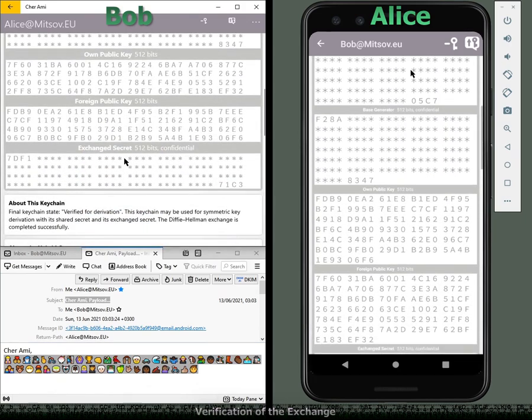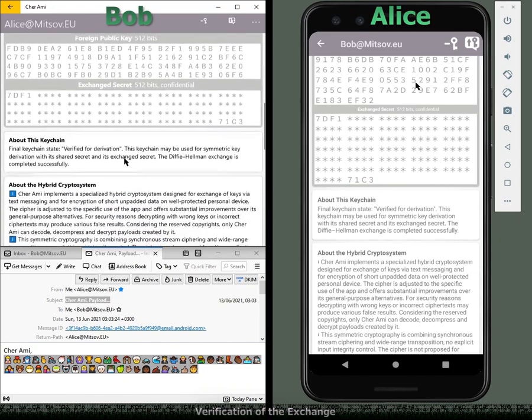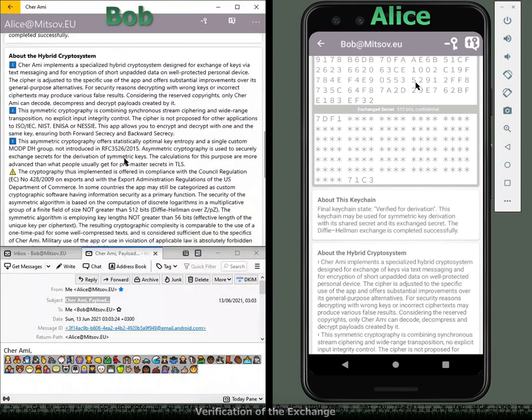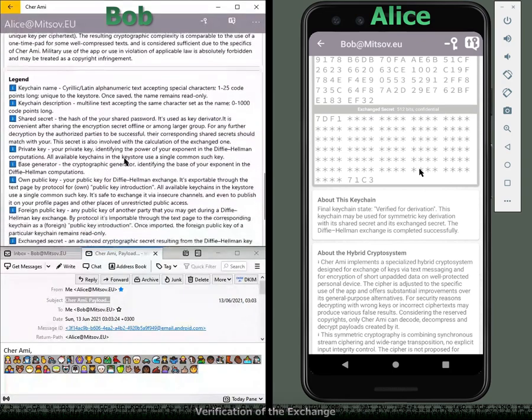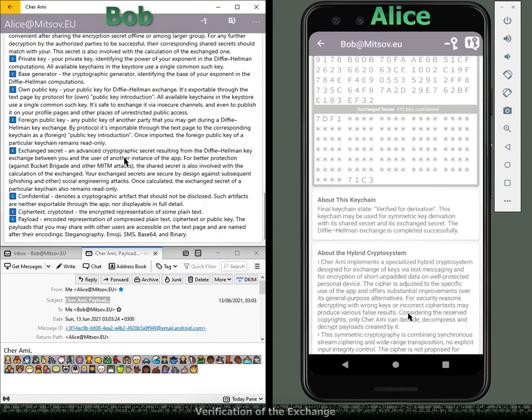At this point, Alice and Bob will get matching exchange secrets only if both public keys are imported to the keychains containing their shared secret. This is even easier if they have opted for the blank shared password. Don't worry about it. Once verified, the exchange secret would remain strong and secure enough for key derivation on a well-protected personal device. Just like with any other symmetric encryption, you need matching secrets.